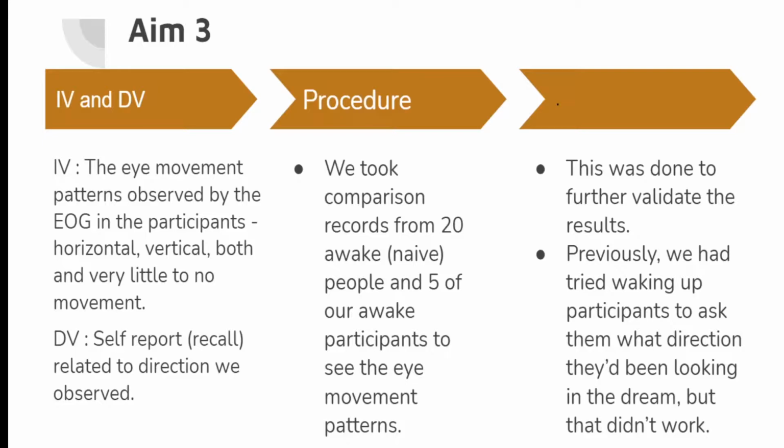So in the procedure, what happens is we first observe their eye movement patterns throughout the REM periods using the EOG. A pattern was determined if it lasted for a minute or longer. So if your eyes move in that direction, like horizontal or vertical, for at least a minute, then we have the certainty that you are having a dream in this pattern of eye movements. And then we listen to the corresponding recording of dreams for that night for the participant, and then we correlated them. So we wanted to see if it's related.